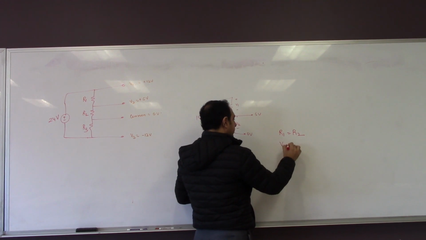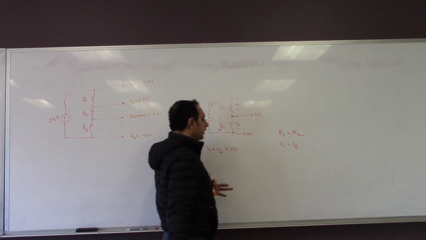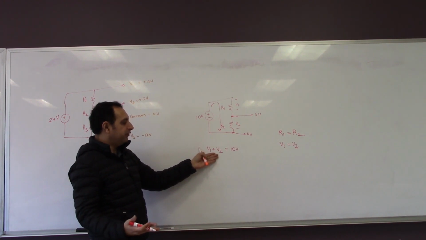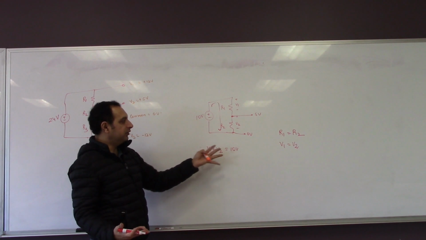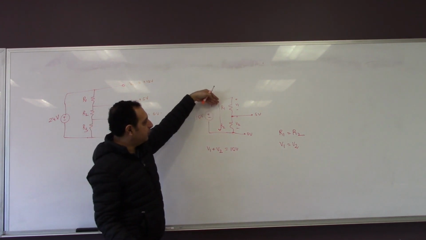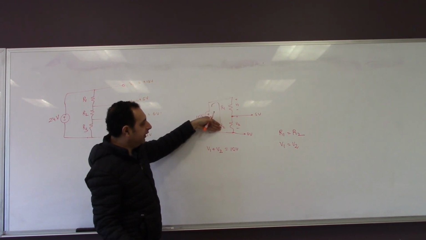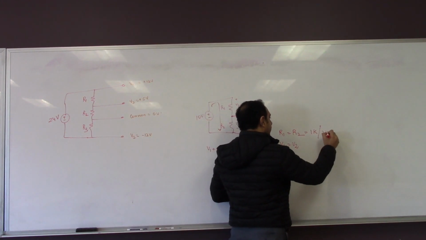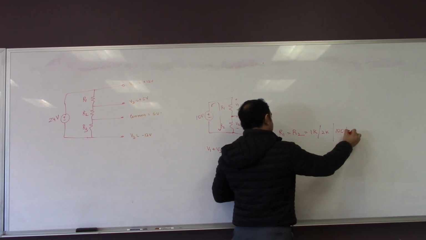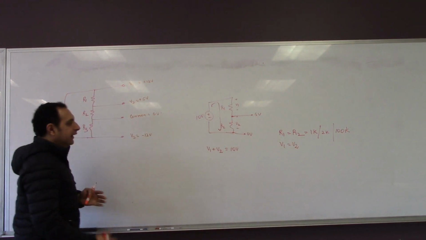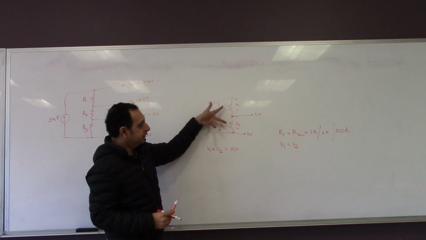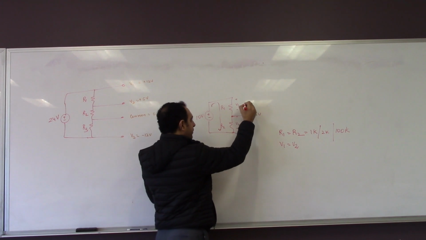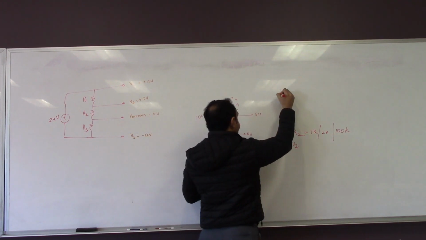V1 will be equal to V2. And therefore V1 plus V2 will be 2 times V1 or 2 times V2, and that will be equal to 10 volts. So if I pick this as 1K and this also as 1K, you can choose anything so long as they are the same: 1K, 2K, 100K, so long as they are the same. It depends upon the ratio of these 2. If I change the ratio and make R1 different from R2,